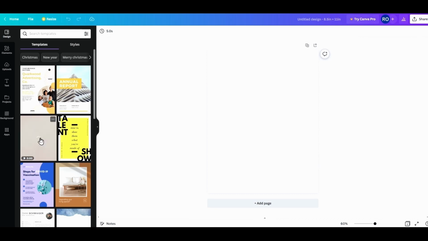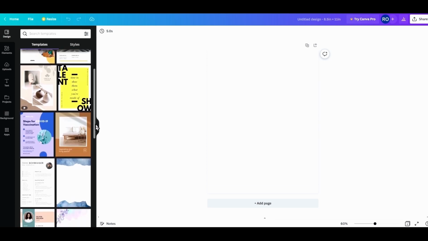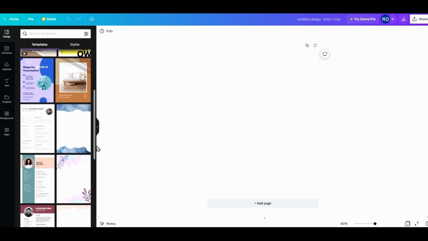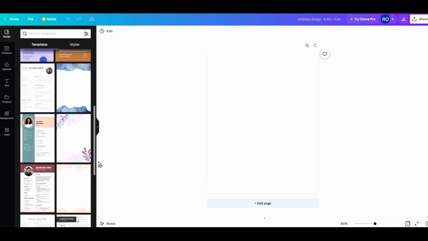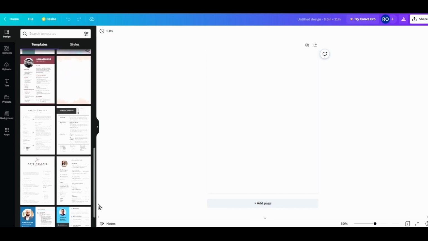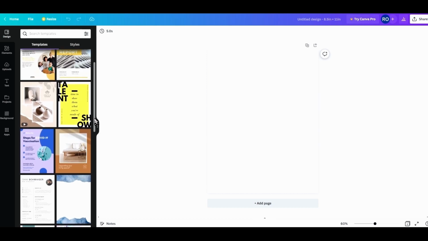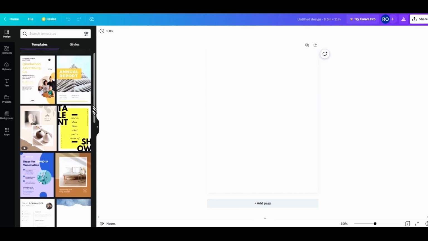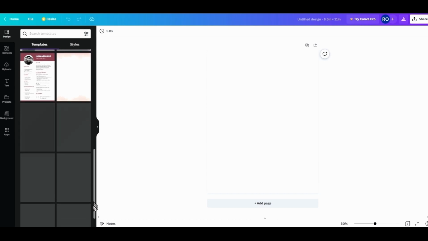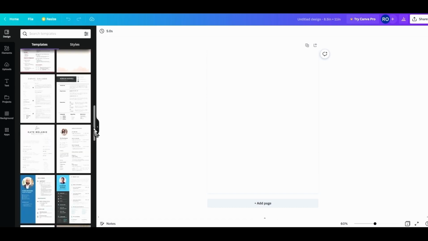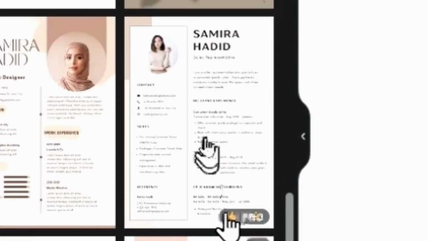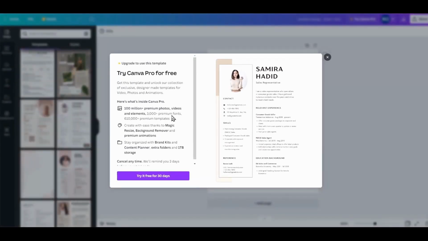Canva provides you a ton of pre-made templates. Basically, they do all the heavy lifting of design for you. You're free to use any of the templates that you want, but let's briefly talk about how Canva makes money. Some of their templates and elements they'll charge you to use. You can tell that by the little crown symbol superimposed right there on the graphic. If I attempt to pull in one of those premium templates, like this one here, it'll try to get me to upgrade. But everything that we're going to do here today is free.